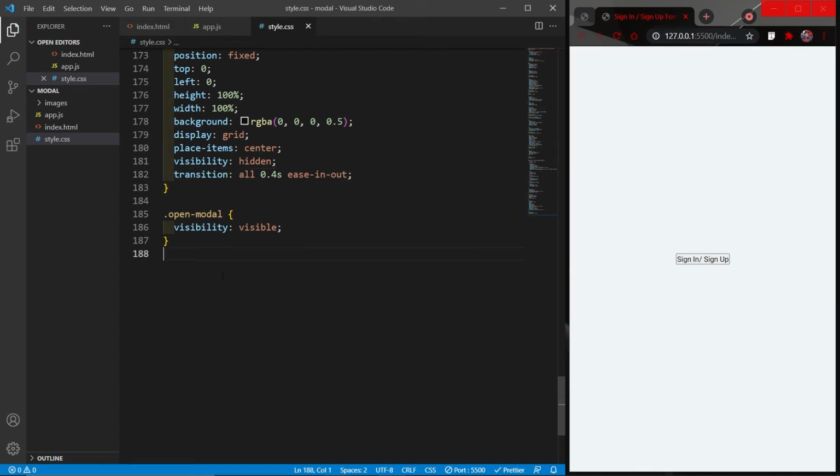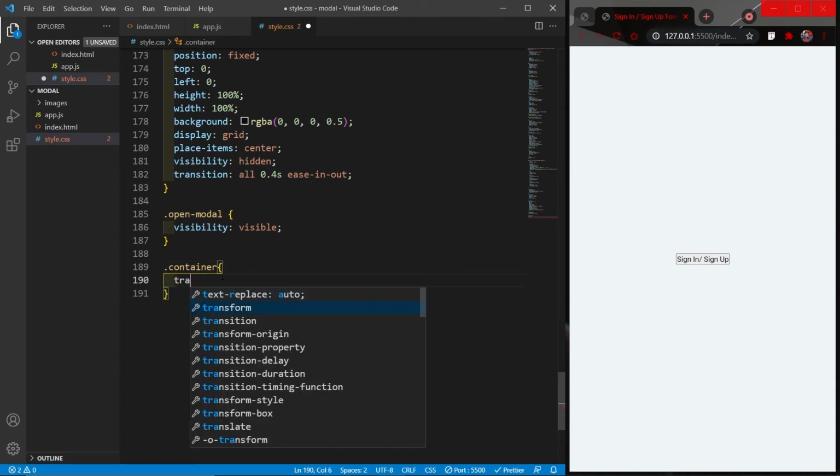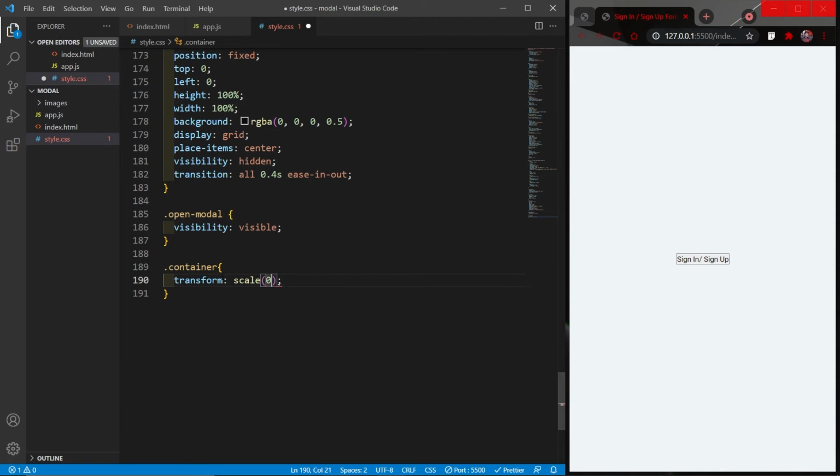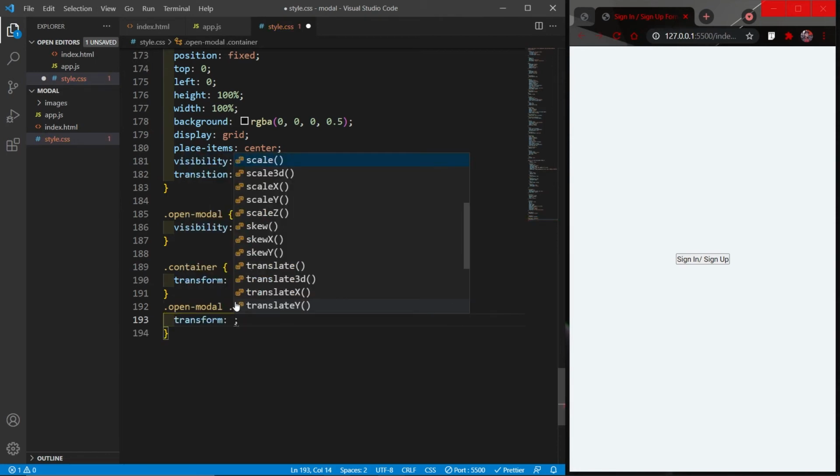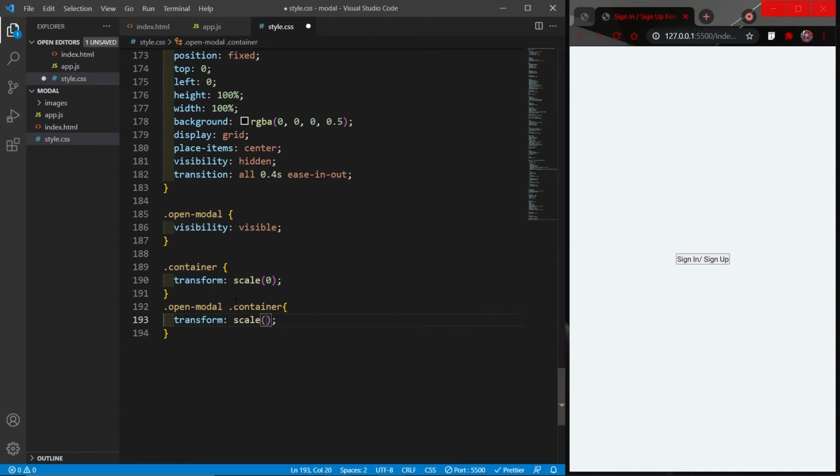Now one more thing that I like to do in the CSS is by default I would want my container to scale to 0%, that is its height and width will be 0 initially, and then when I have the open modal class in my overlay, I will want it to scale back to its full size, and we can do that by giving the value 1 to the scale.